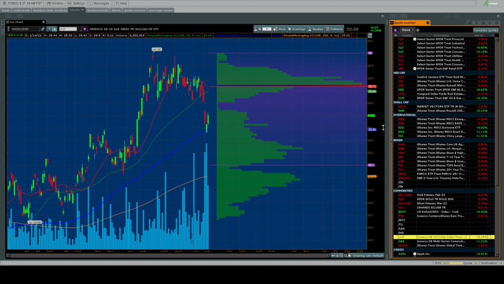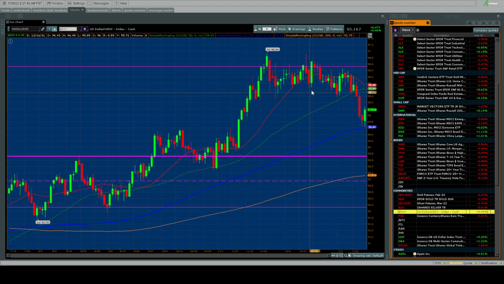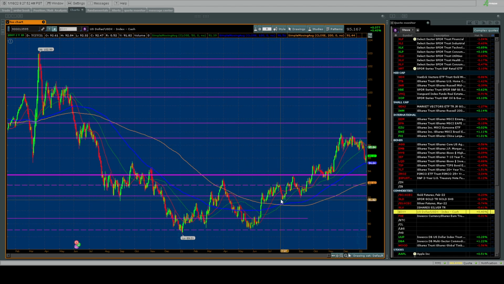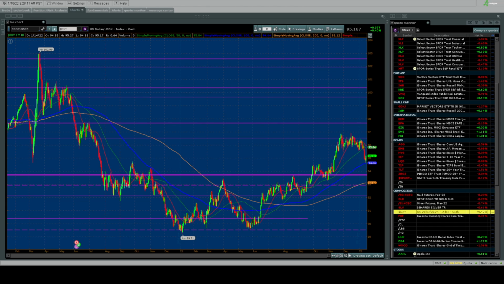So sellers are right here, this 25.73, which matches up to about 96, 96.2. So if the buyers can come back and break through those sellers, that goes higher. But so far, holding the 100-day moving average, the 100-day hasn't really been a sign of technical support. It hasn't been following that as much as following the 50-day higher. But if it could hold the 100 and get back up there and flush out those shorts, well, then the dollar will eventually get up to break through this 97 and into 100, and boy, the wheels of the market will come off.